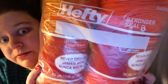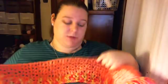So, my second WIP is, I have these jumbo skeins. They are $5 at Michael's for these jumbo skeins. So I am making a little girl's baby blanket, and I started it. Now I took UJet's